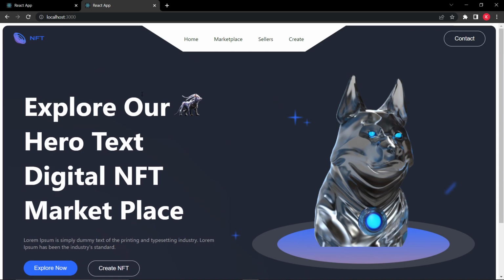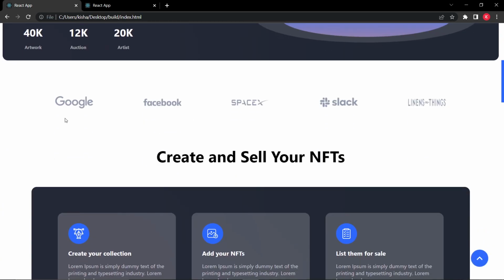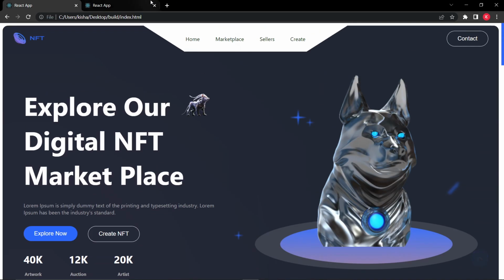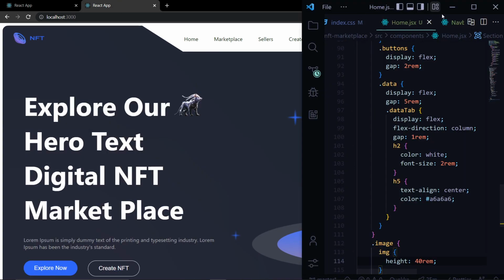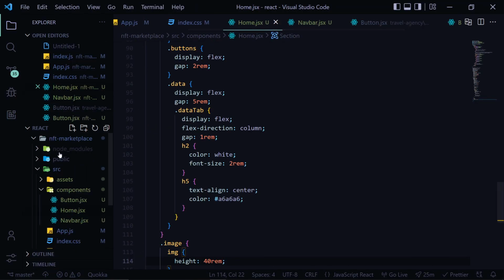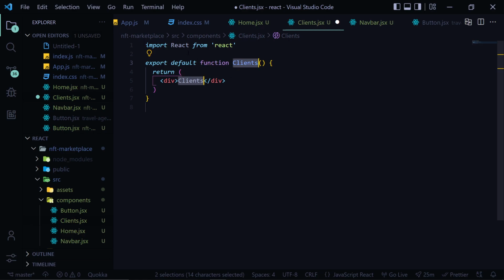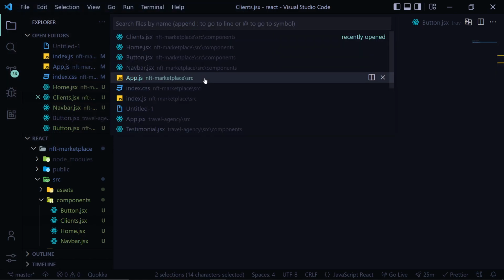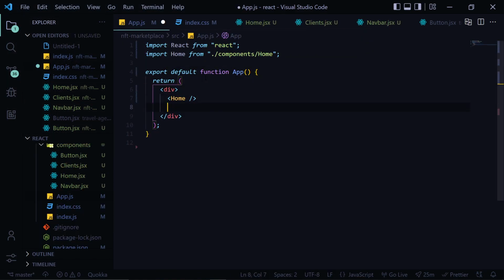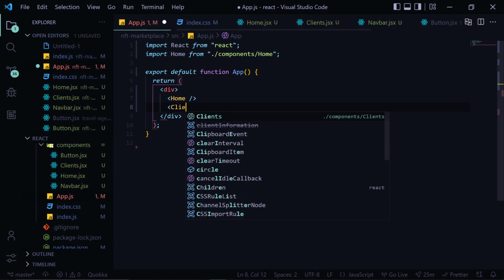Now we'll create this client section. So let's do that. Head over to VS Code, maximize this. We'll create a new component, clients.jsx, and inside this we'll create the component RFC. Let's import this inside the app.js, home, clients,